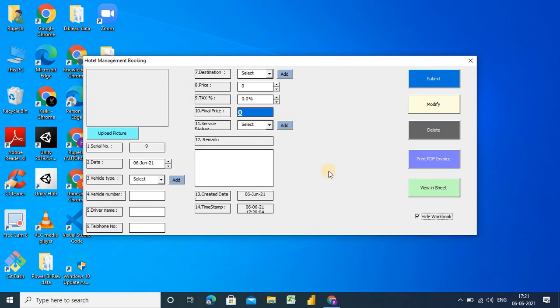Now I want to view a particular data set in my sheet. Wait, it will show you some data again.